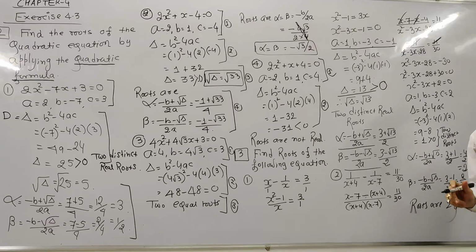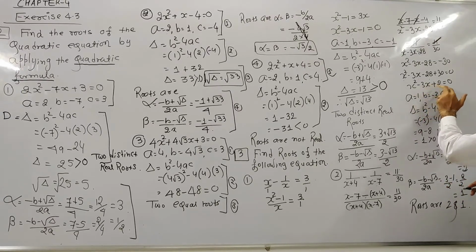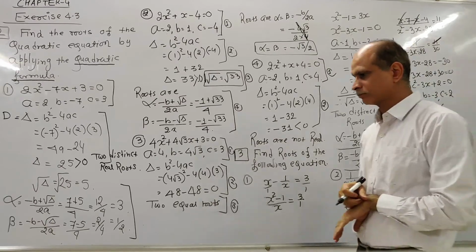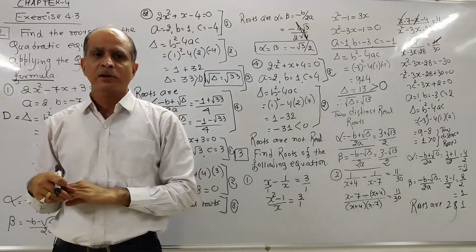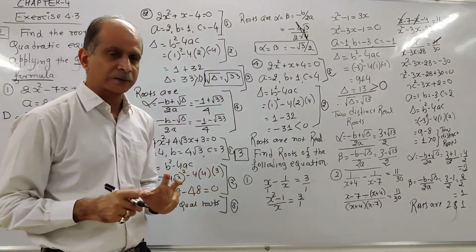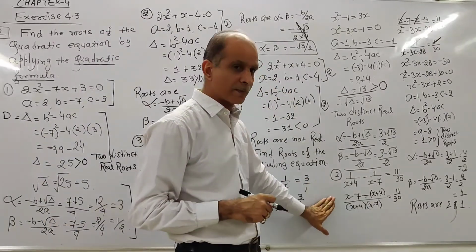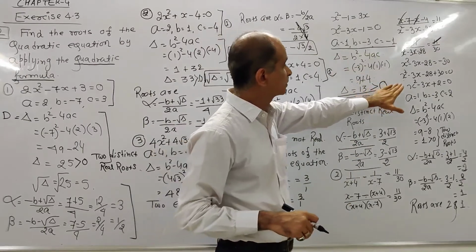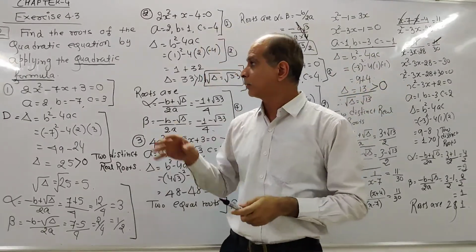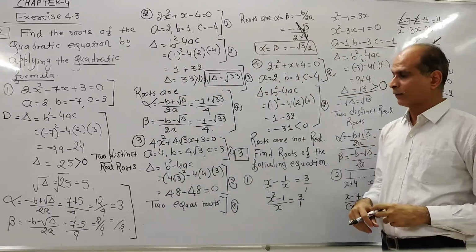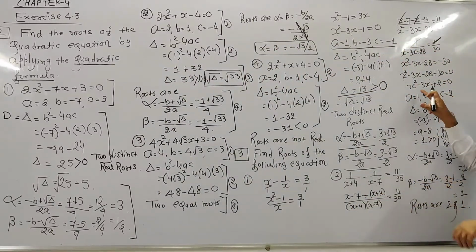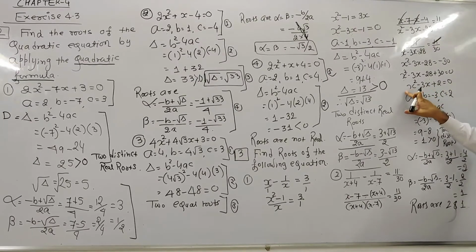Now your equation is in the form of ax square plus bx plus c is equal to 0. In board examination they will ask this type of question for 3 marks, because first of all you have to expand this equation, then convert it in the form of ax square plus bx plus c is equal to 0, and then use the quadratic formula. Well, if you compare this x square minus 3x plus 2 is equal to 0 with ax square plus bx plus c is equal to 0, the general form of a quadratic equation, a is equal to 1, b is equal to minus 3 and c is equal to 2.